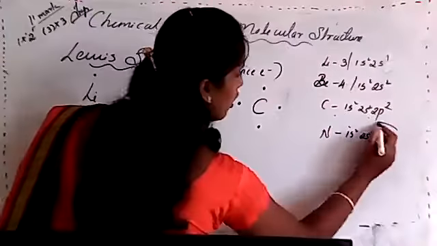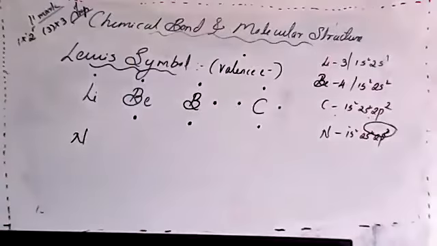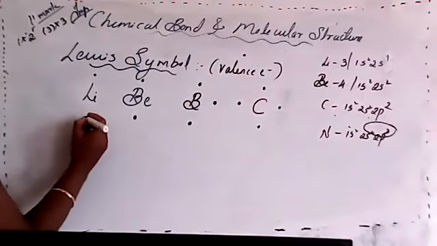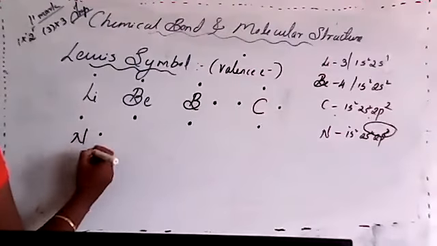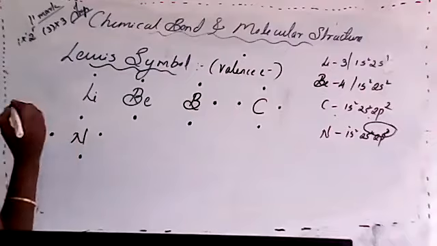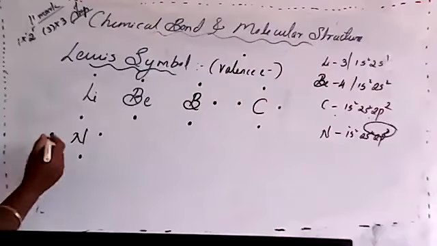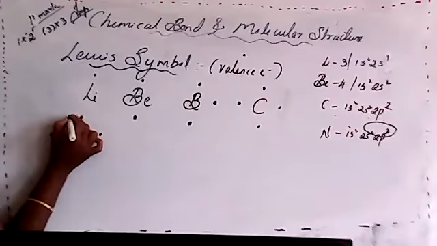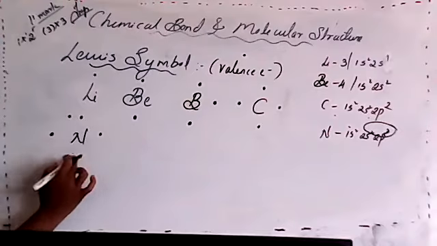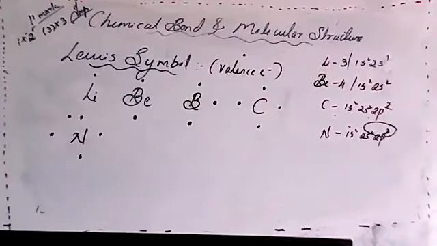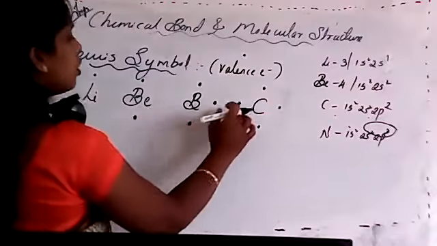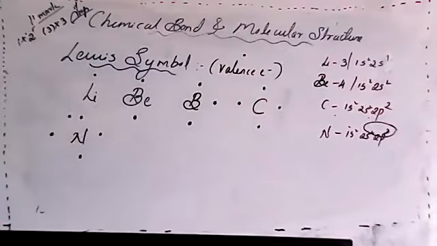So valence electrons are the last shell electrons, that is nothing but 5 electrons. So now the representation. 1, 2, 3, and 4 is common. Then start pairing. So this is nothing but the fifth one. 1, 2, 3, 4, and 5. Next one, after nitrogen, which element? Lithium, beryllium, boron, carbon, nitrogen.